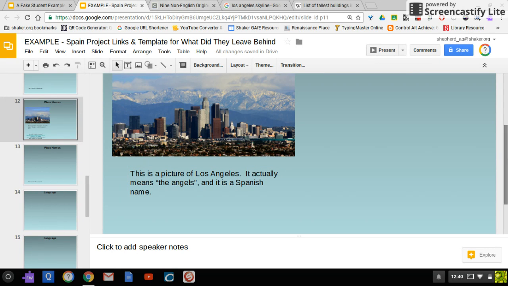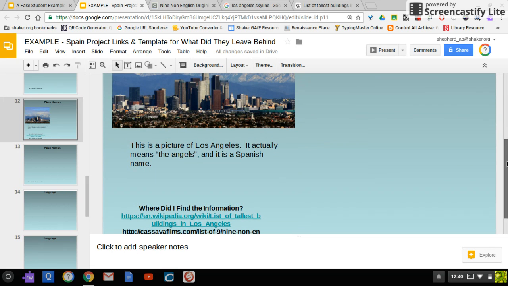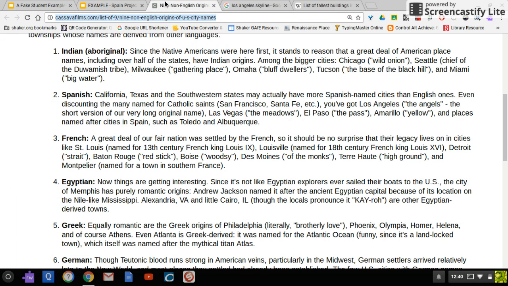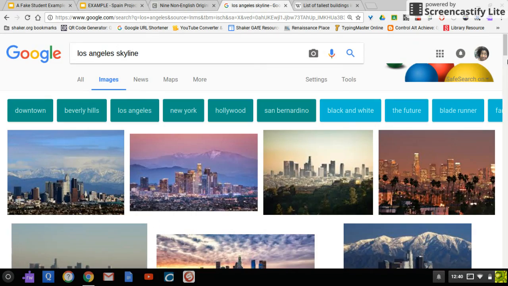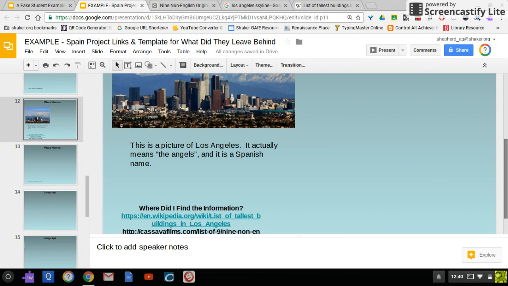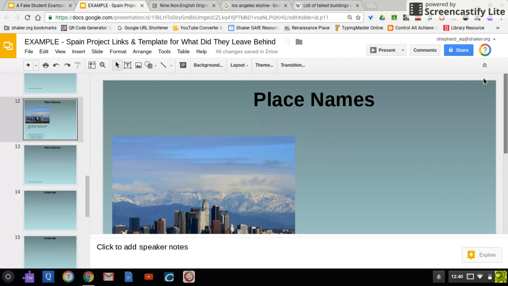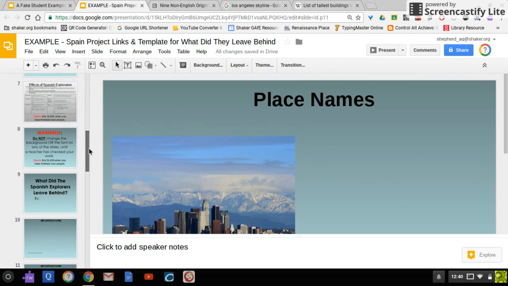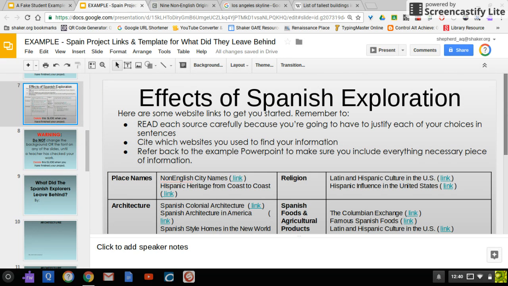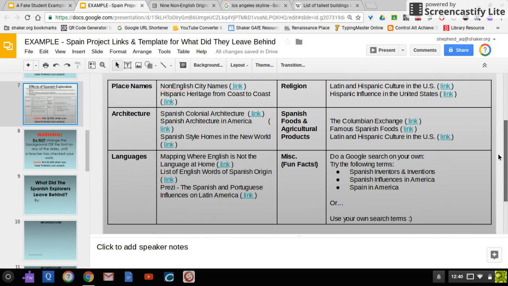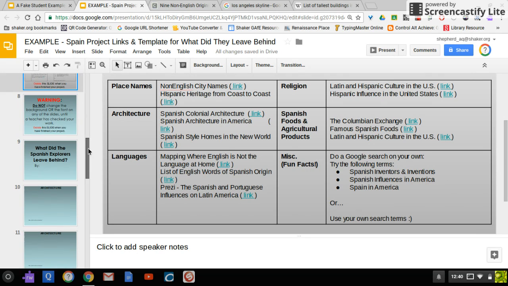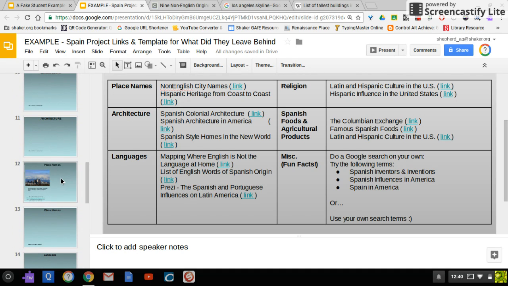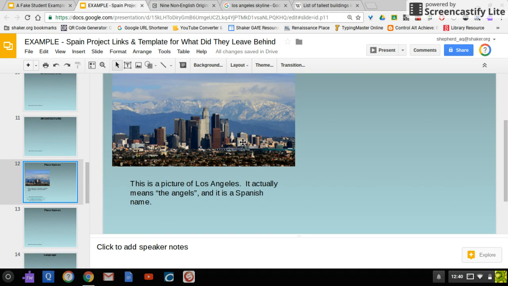So I can also go back here. I kind of like the way that looks. I might even go back and enlarge the picture, I don't know. But let's see, what else do we have here? Oh, Las Vegas. So I can go ahead and get a picture of Las Vegas, do a caption for that, say what it means, what it has to do with Spain, and go from there. So basically, all you're doing is finding your information, copying what you actually need in terms of its location to reference where you got your information from, and putting in different cool photographs.